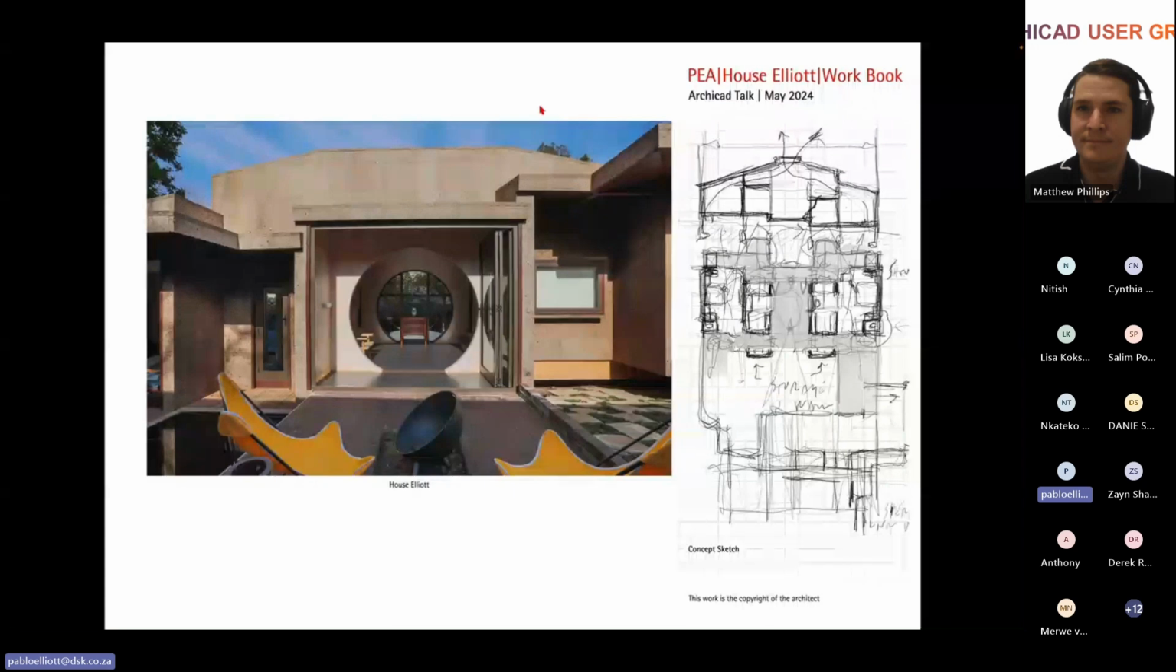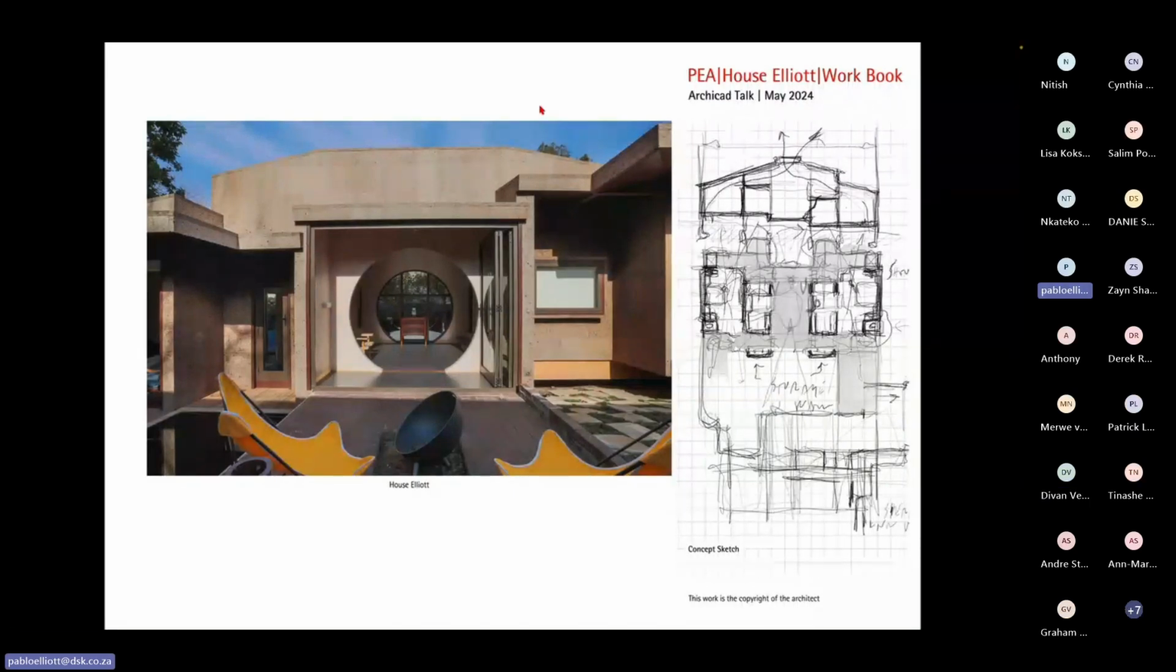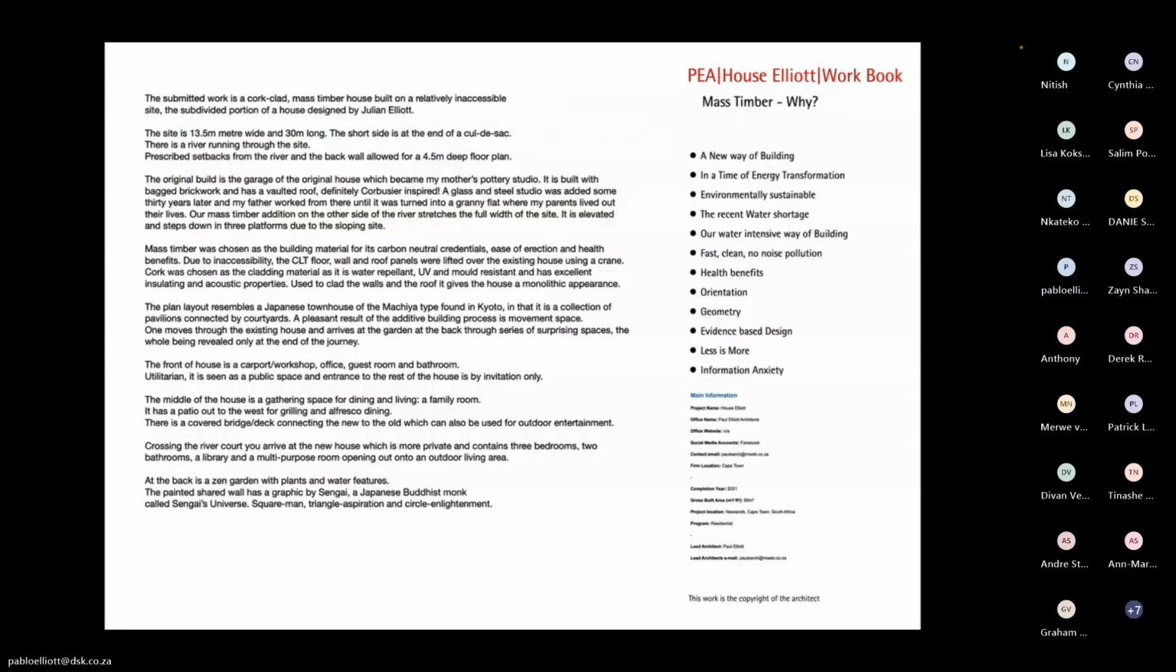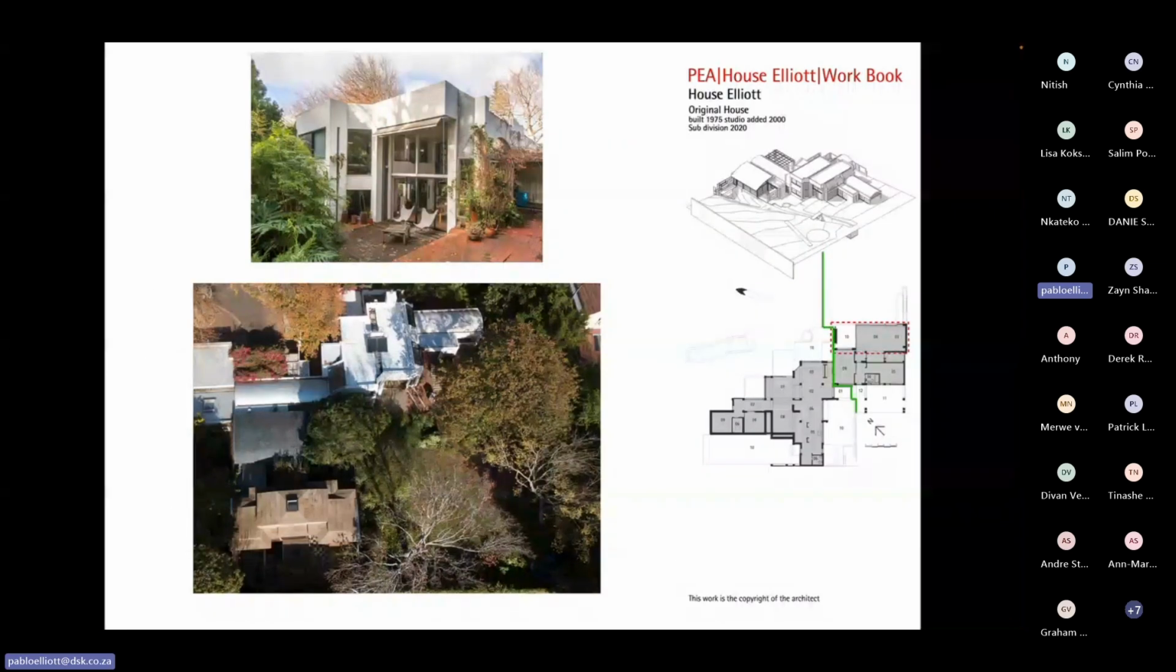Right, this is the mass timber carbon neutral house edition that I was able to build 5 years ago. It was on part of what is our family home here in Newlands in Cape Town. It's in Pembroke Lane. My father was an architect, and you can see here this was the original house built in 1975,